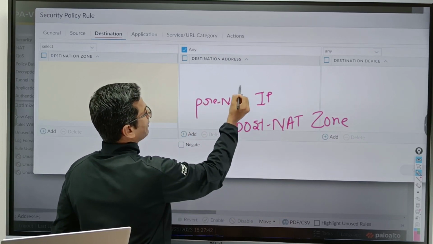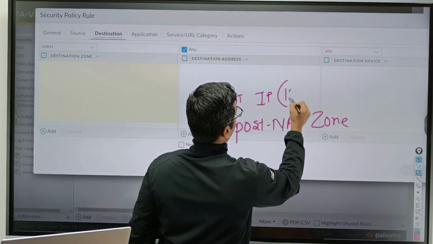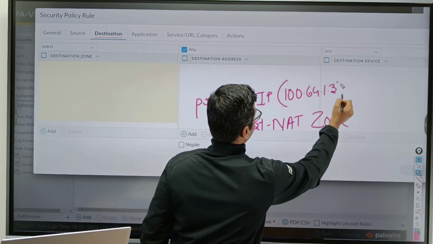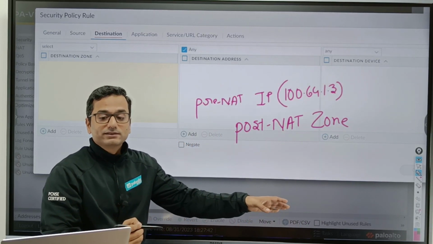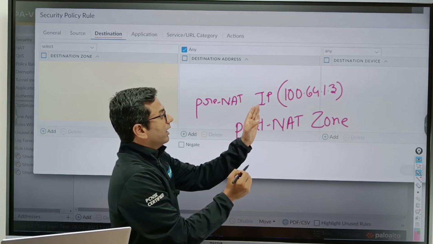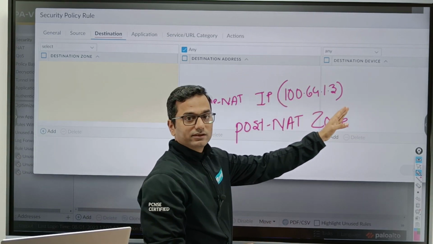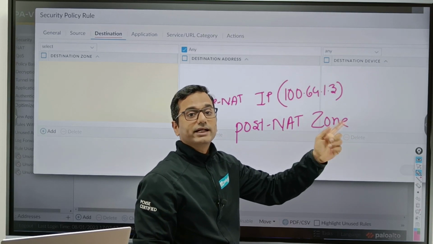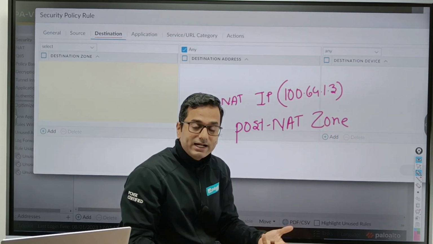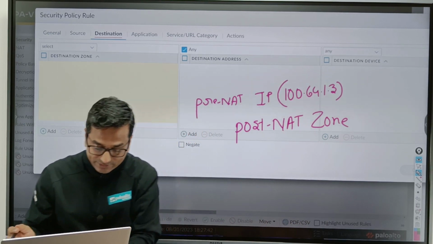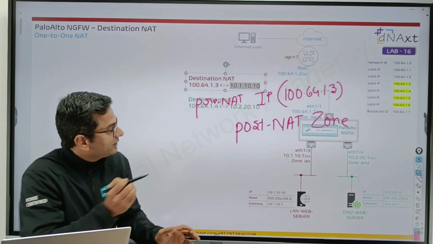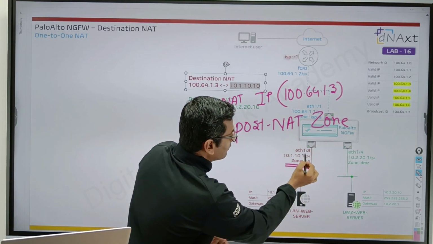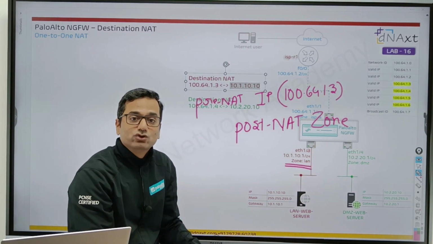Pre-NAT IP means your public IP address 100.64.1.3, and post-NAT zone means 100.64.1.3, this is my public IP address, will translate to 10.1.10.10, and 10.1.10.10 is reachable via Ethernet 1/3, and Ethernet 1/3 is a member of the LAN zone.